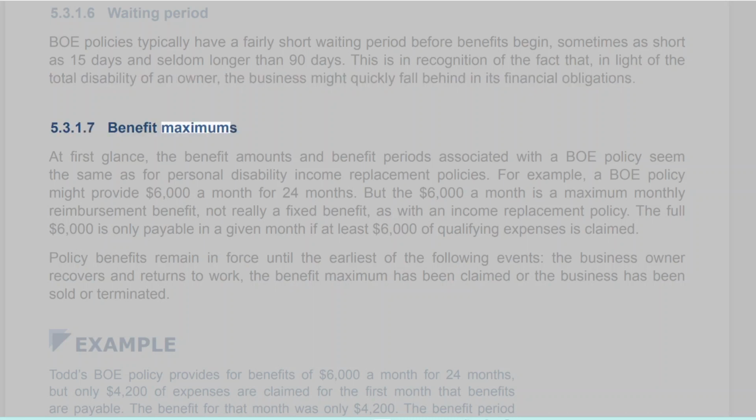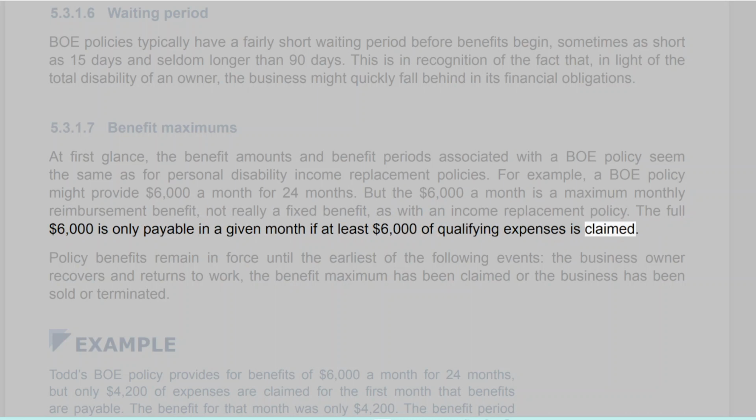5.3.1.7 Benefit maximums. At first glance, the benefit amounts and benefit periods associated with a BOE policy seem the same as for personal disability income replacement policies. For example, a BOE policy might provide $6,000 a month for 24 months. But the $6,000 a month is a maximum monthly reimbursement benefit, not really a fixed benefit, as with an income replacement policy. The full $6,000 is only payable in a given month if at least $6,000 of qualifying expenses is